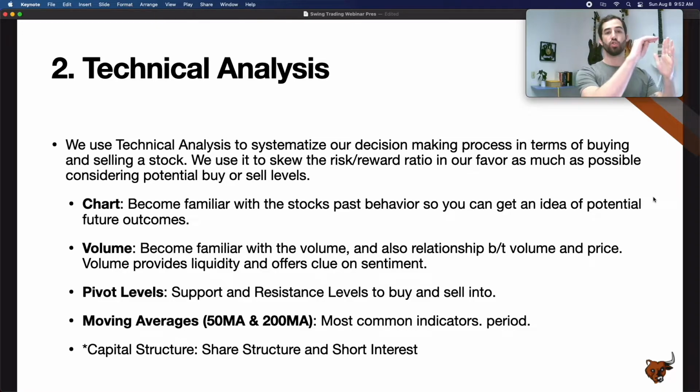And then draw your pivot levels, okay? So draw what you're seeing, okay? Draw it. And that's also going to help because when you create your trade parameters and when you're executing, and you're buying and selling into these levels, these are levels that you came up with. So you're confident of what you're seeing in the chart,